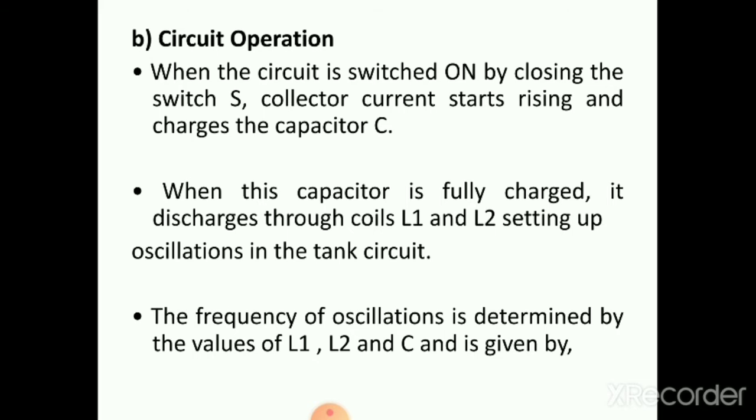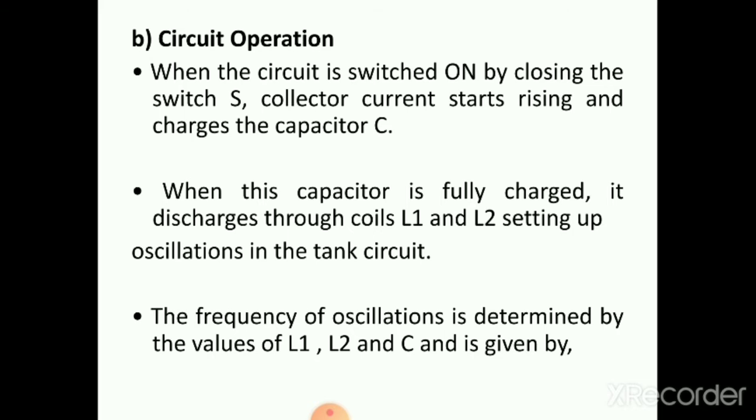When the circuit is switched on by closing the switch S, which is present at the top, that is VCC, the collector current starts rising and charges the capacitor. When the capacitor is fully charged, it discharges through the coils L1 and L2, setting up oscillations in the tank circuit. The frequency of oscillations is determined by the values L1, L2 and C and is given by the formula